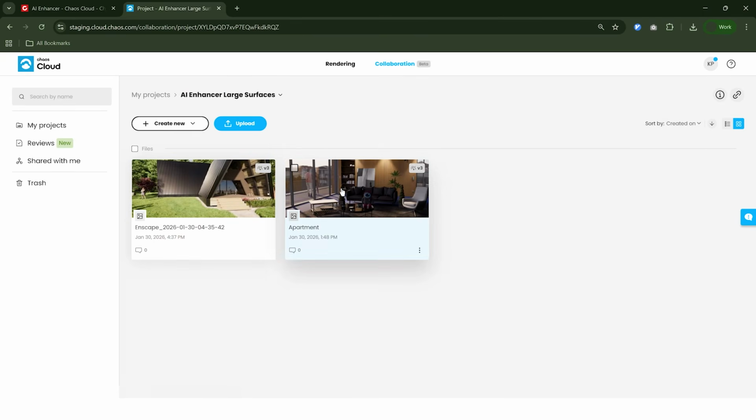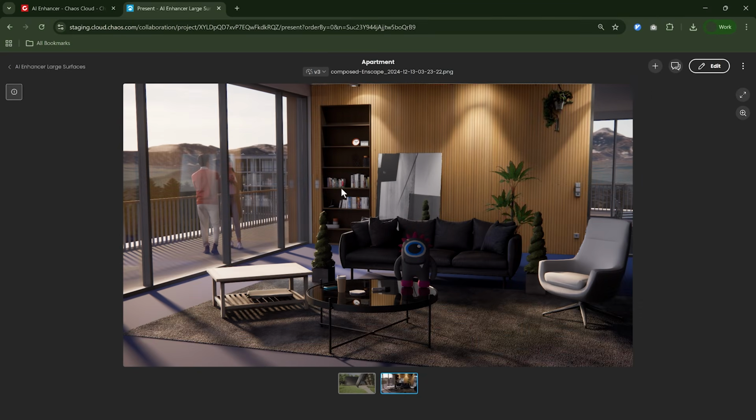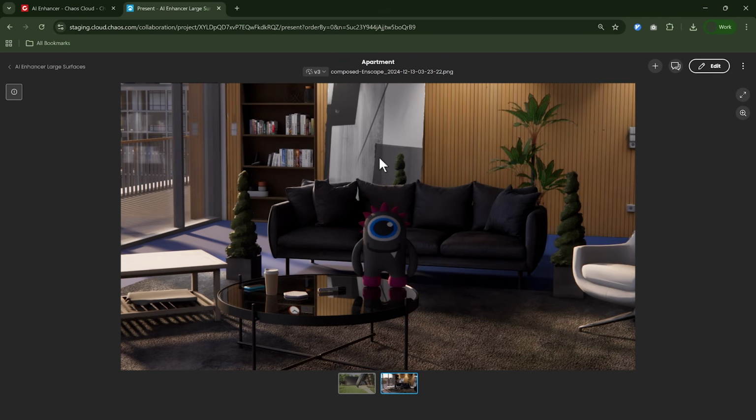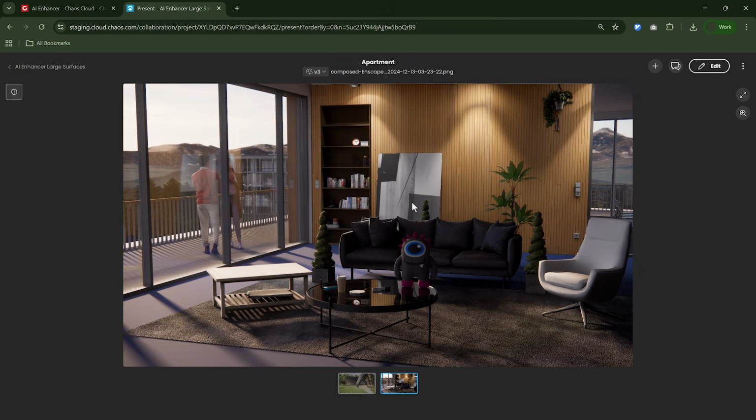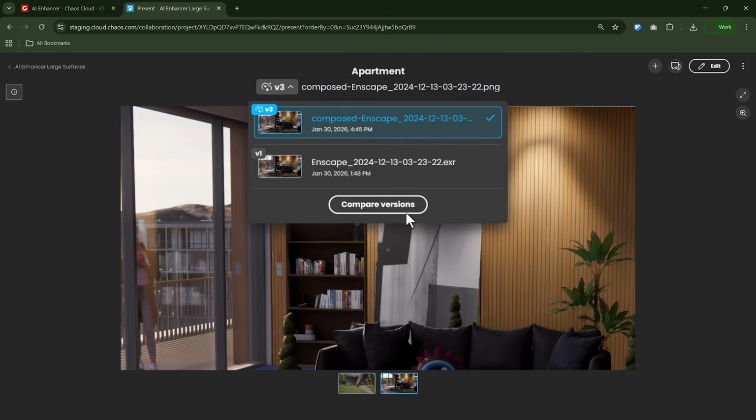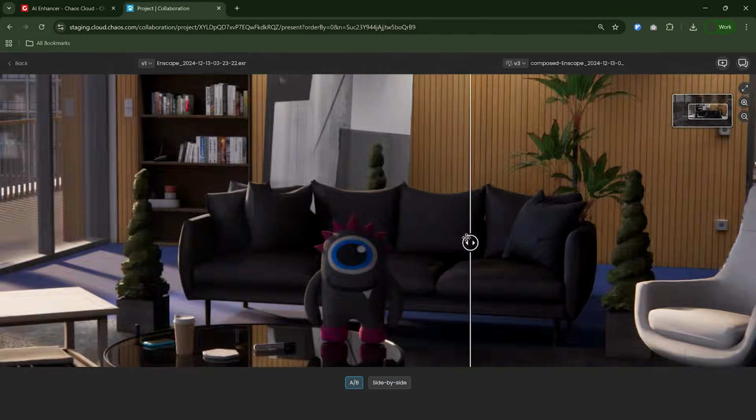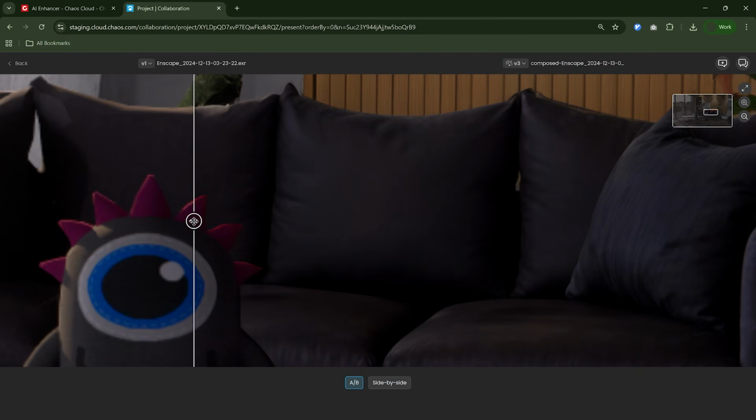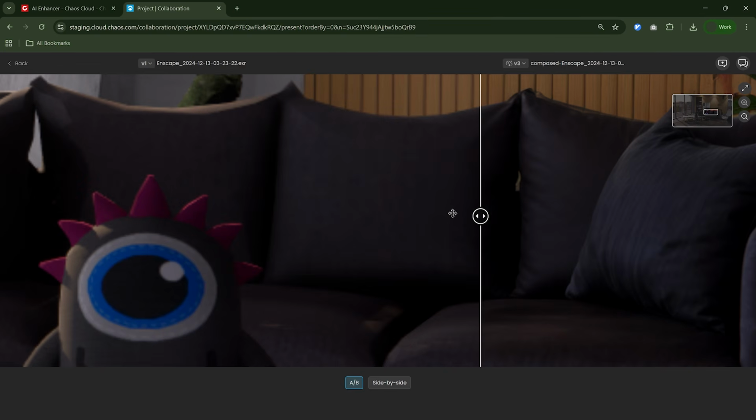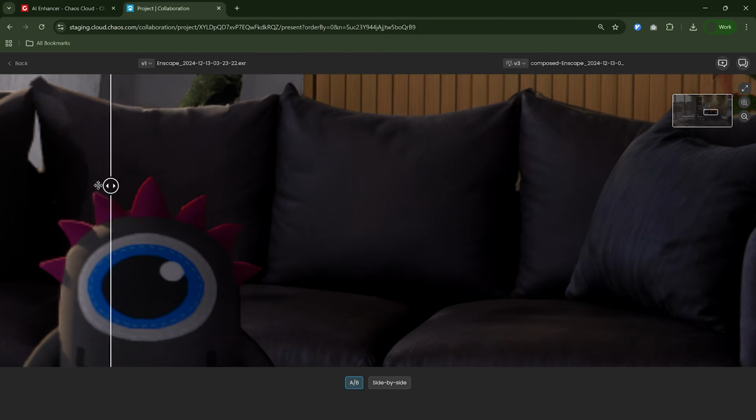The large surfaces also work on interiors. As you can see here, we have prepared an image that we have already enhanced, so we'll jump straight to the comparison. Here we have added contextual details to this sofa, like wrinkled fabric, and we made it feel a bit more